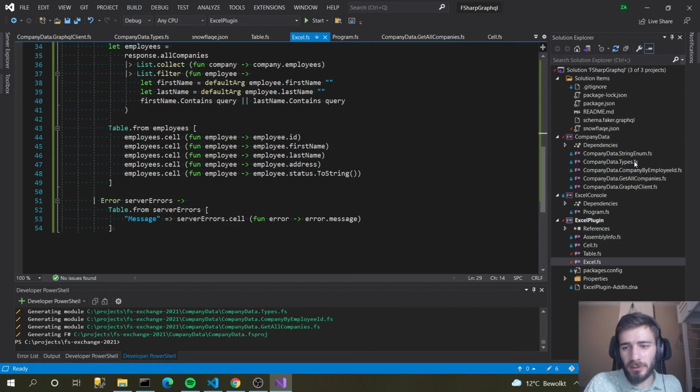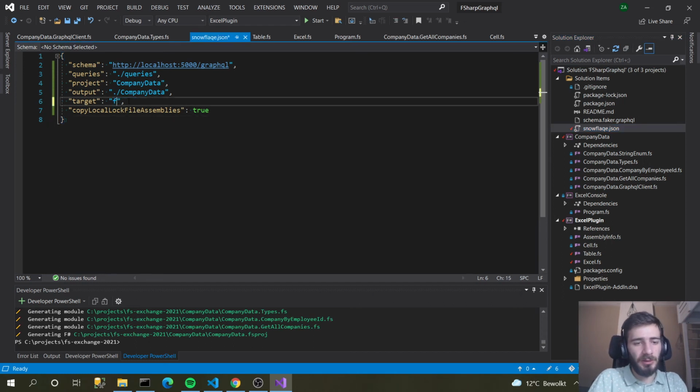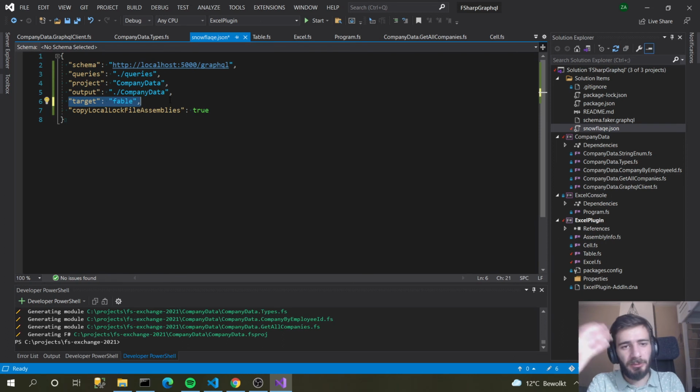So like I said, two ways to use Snowflake for now: using it in a console app, in an Excel plugin, and next up will be showing how to use Snowflake in Fable. So if you change the target to Fable, the generated project will change its dependencies, will change its files to